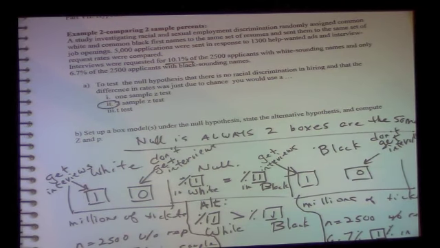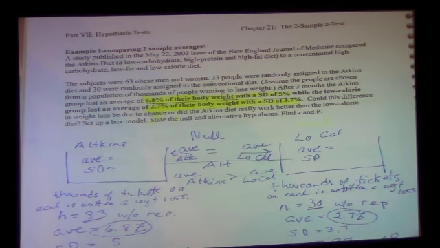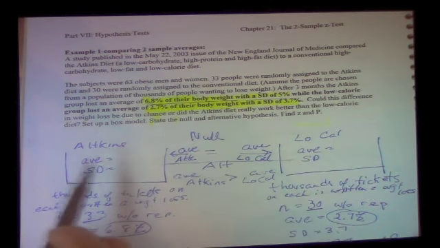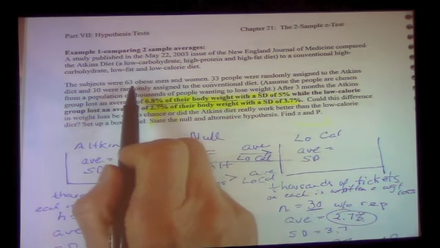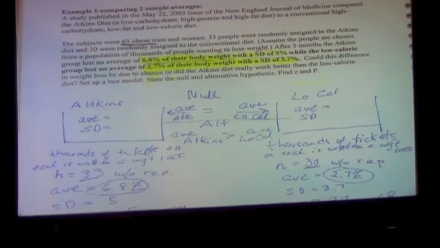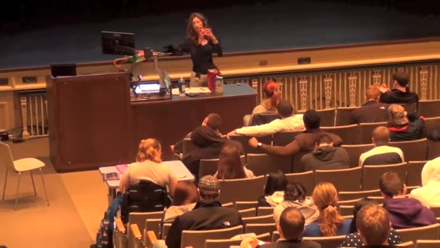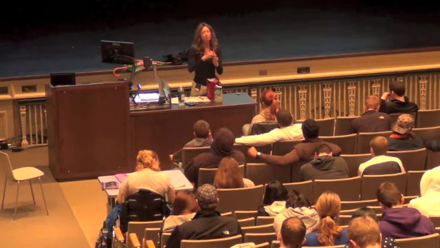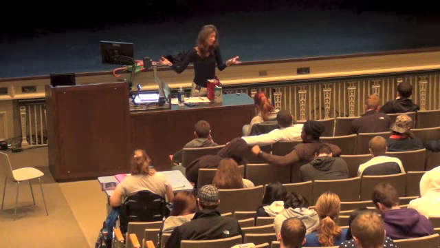Now I'm going to ask you one question. Let's go back to the first one. I could have set this up a different way. And this is another way that you can think of it. Let's say we chose 63 obese people, all right? This is more or less the way it was done. You choose the 63 obese people, and you have all their names, you shake them up in a box, and then you randomly choose half of them. In this case, they chose 33 to be in the Atkins, and then you have 30 left in the box.